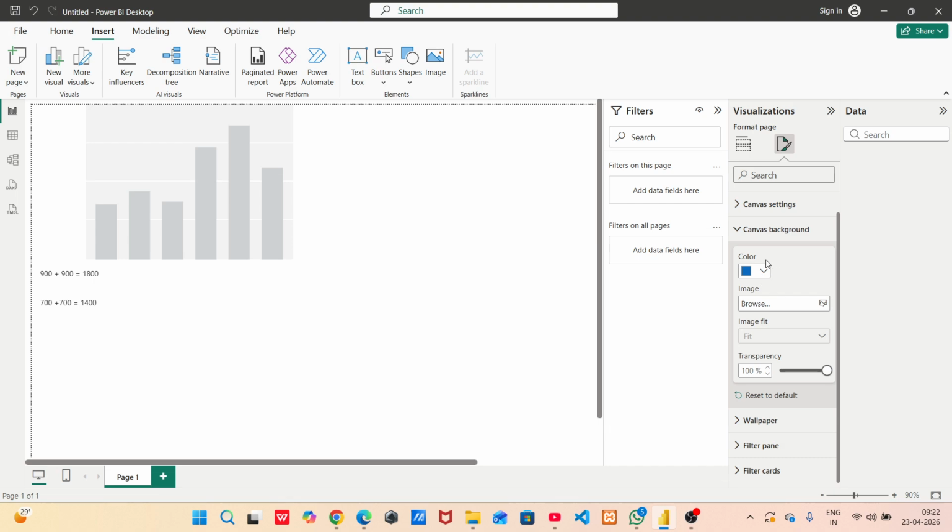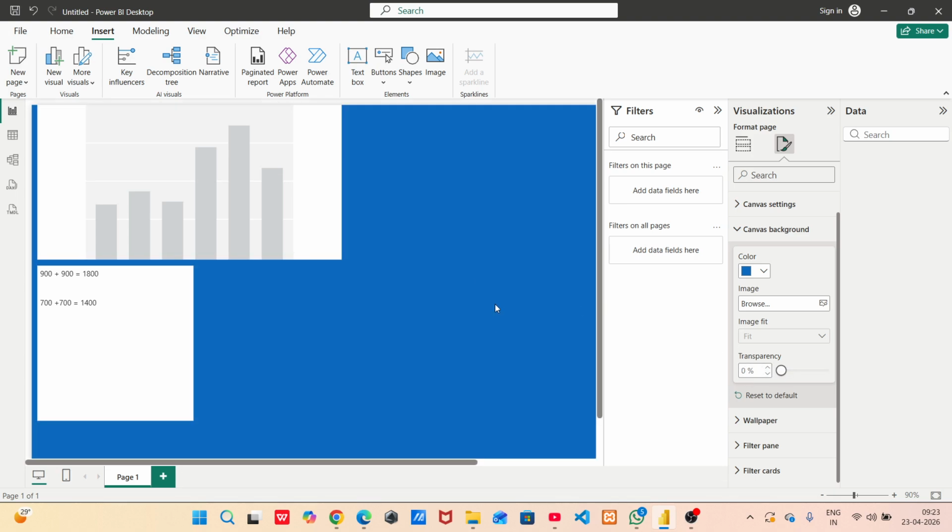Now, after you've selected the color you like, you'll want to consider the transparency of the background. Just below the color selector, there's a transparency slider. If you want a solid, opaque background, set it to 0%. However, if you're aiming for a softer look where the background color has some transparency, you can gradually increase the percentage on that slider. Play around with it a little until you find the look that feels right for your